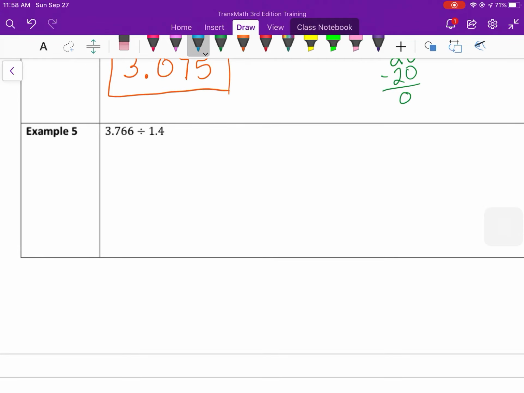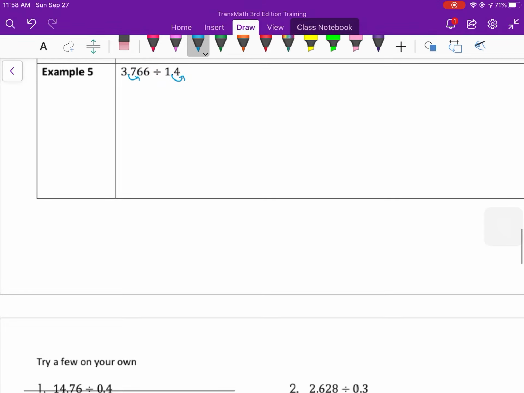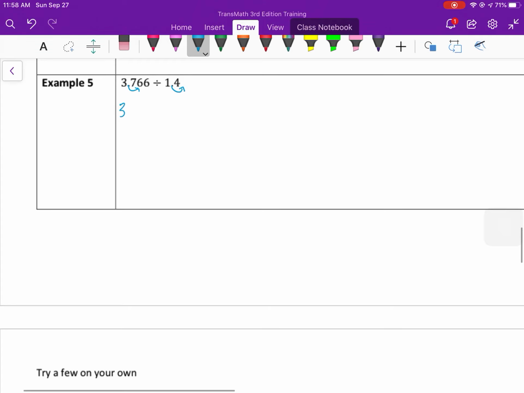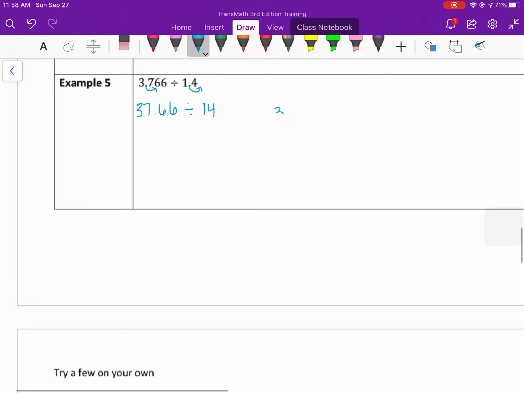Okay, I'm going to do one more with you. So I want what we're dividing by to be a whole number. So I'm going to move that 1 over and move it over here as well. So then it will be 37.66 divided by 14. So that you can set up like this,